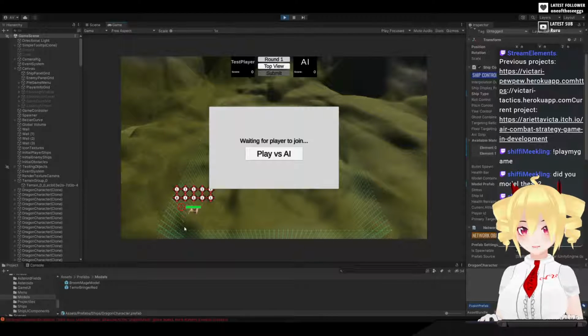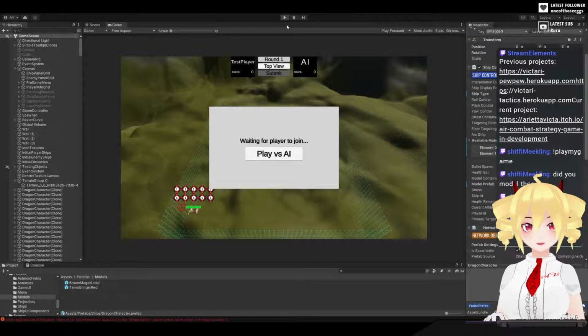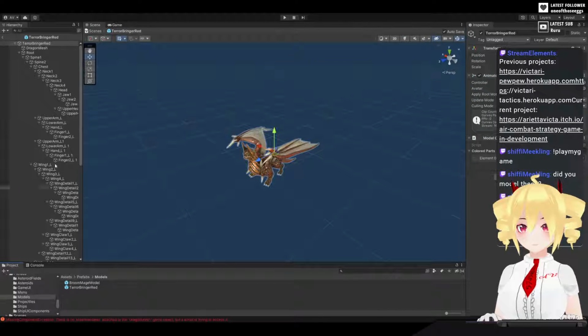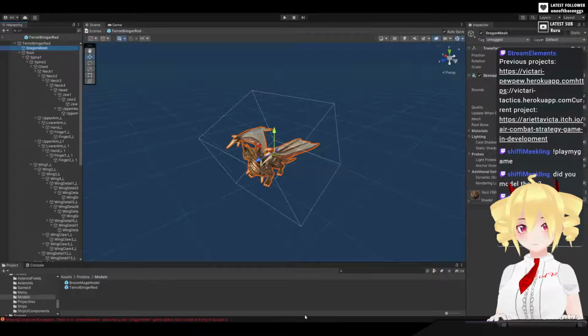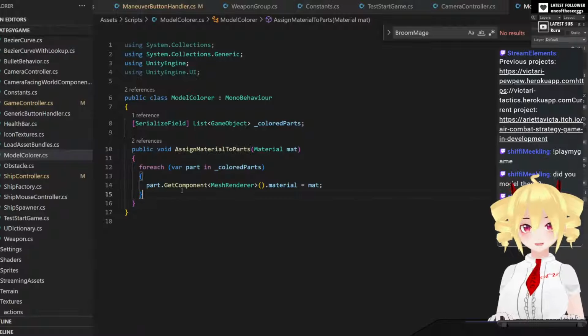Oh, there's no mesh renderer on it. I guess it doesn't have a mesh renderer. What does it have? Oh, it has a skinned mesh renderer. Alright, well we can update that code. So here,